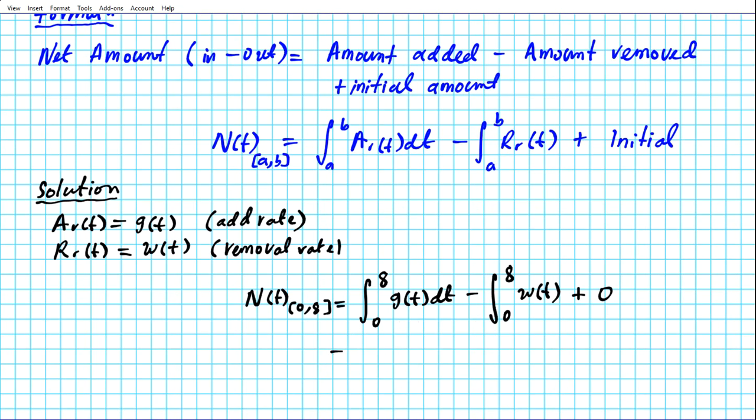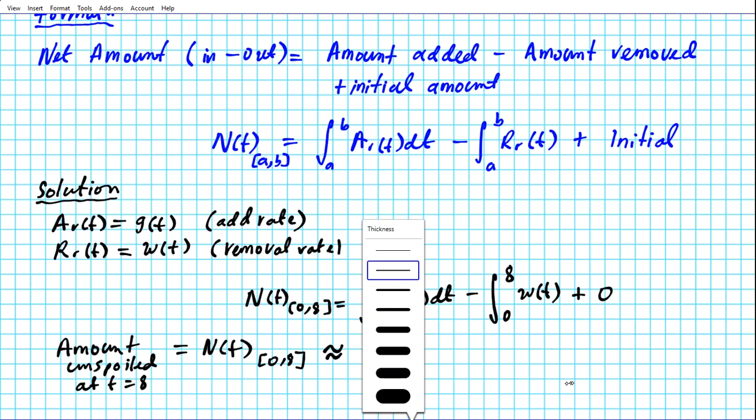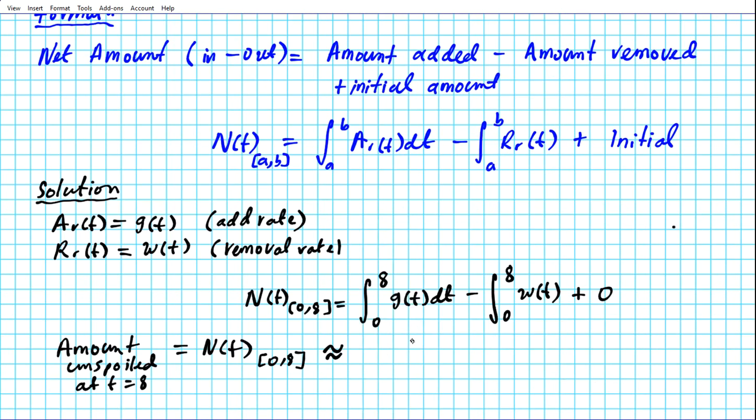Okay, so the net amount, the amount unspoiled at t equals 8, which is basically the net amount from 0 to 8, we already calculated before using our right Riemann sum. So this is going to be an approximation too, so it's not going to be exact, since one of the components is an estimation. We're going to grab our previous answer. This is a situation where your previous answer can hurt your points in the next question, because you're extracting that answer. So we extract the answer from the previous question, which is 160.8, minus